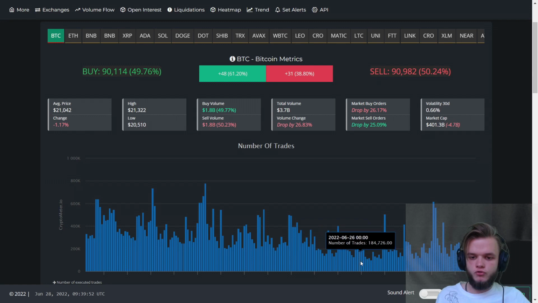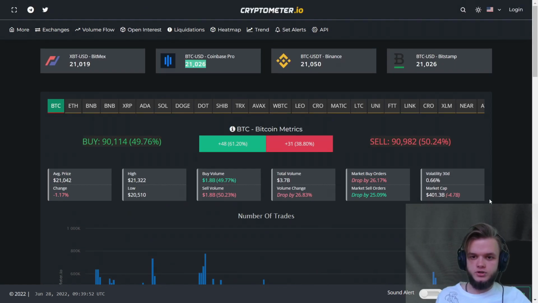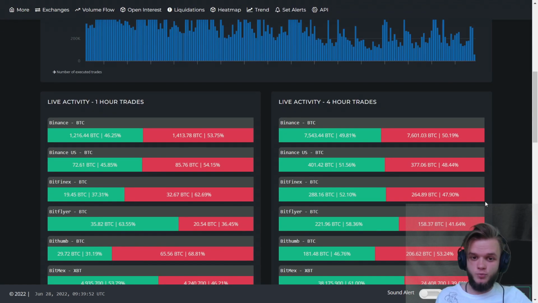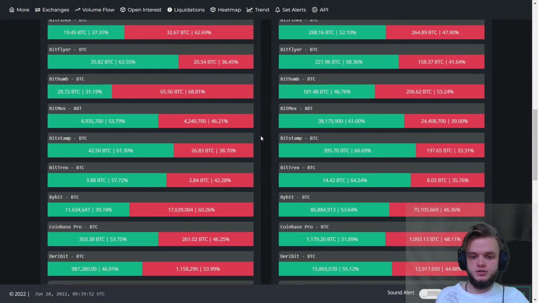And when you, for example, open a trade and you see a really low number of trades, it is better for you to close, because the move won't come so soon. You will see what your deal will give you, especially when you're trading intraday. So this number of trades is super important to understand what the volume is and what the trades are right now. And also we have the live activity for the past hours here, and this is very useful